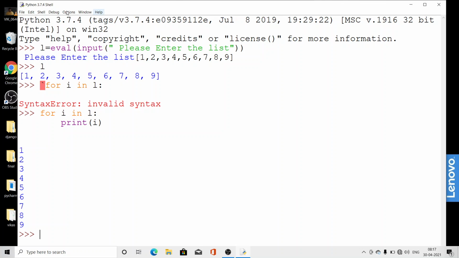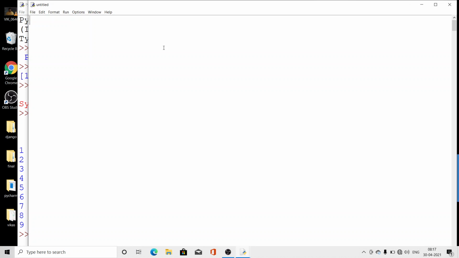Clear? So come to the script mode, we will see here. I wrote here L is equal to 1, 2, 3, 4, 5, 6, 7, 8, 9, and I wrote here for I in L, and then I wrote here print I. So the loop will run.